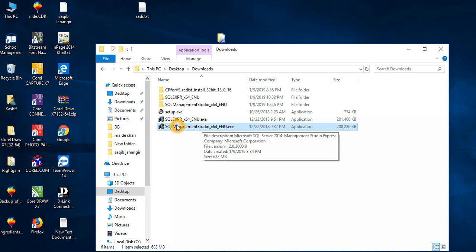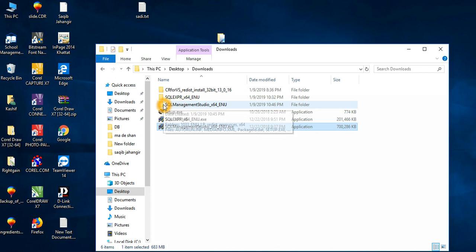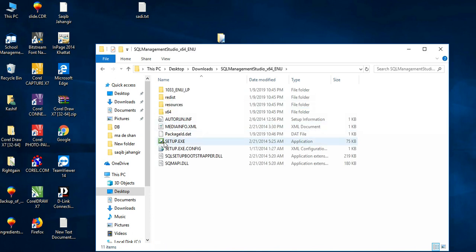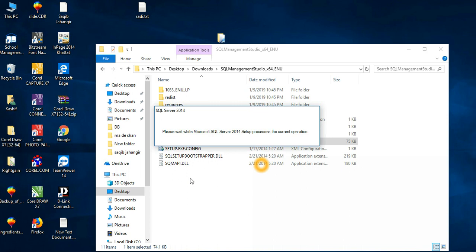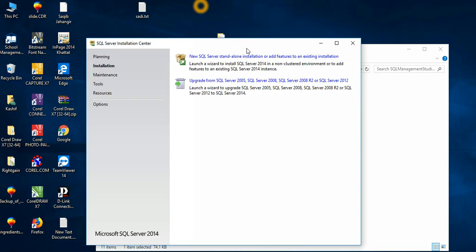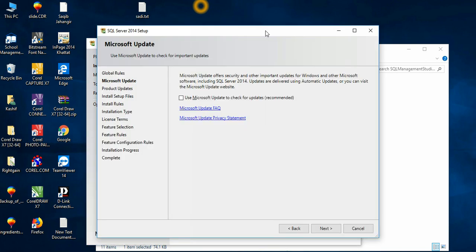I have already extracted this file to this folder. Now I open this and select its setup file. Now this window will appear. You need to select first one, New SQL Server Standalone Installation. I clicked on it. Okay, from this just need to click next.